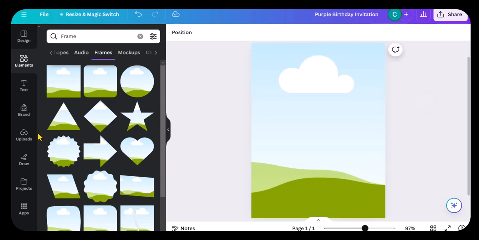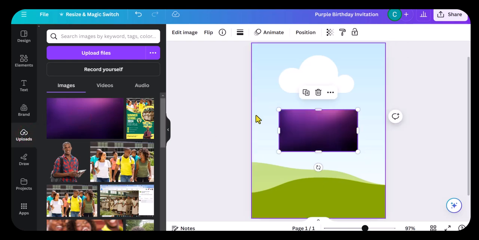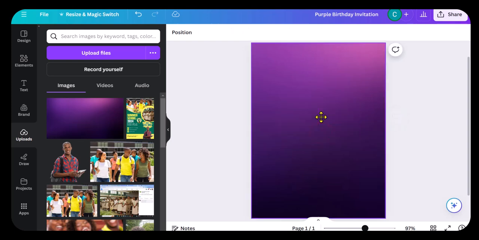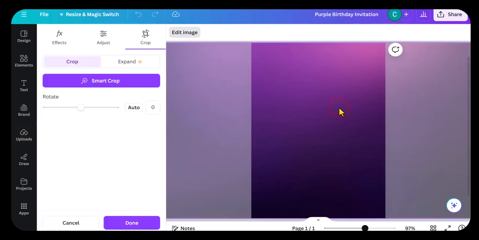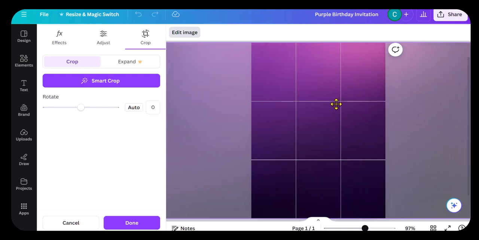As we can see, the frame has covered it, and this is what will happen with the frame. When I click to add back the image, once I click, hold, and drag, it will automatically fill the dimension of the frame. So I'm not required to drag to fill the background. We can always double click on the image in the frame and move it along depending on where we want to be selected as the background.